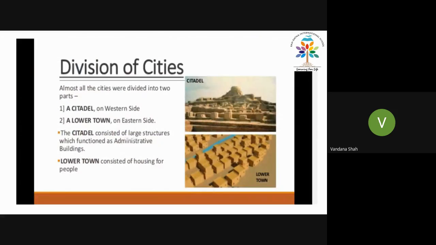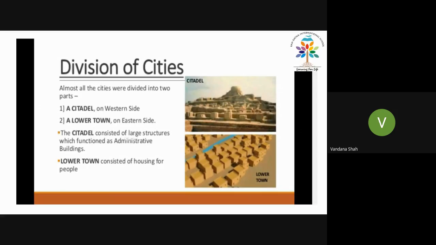If you go to Harappa, Mohenjo-daro or any other city of the Indus Valley, you will see that every city was divided into two parts: first the citadel, and second the lower town. The citadel was a little bit elevated. You can see even in the images that the citadel was an elevated formation and the lower town was not that elevated. The people who were living in the citadel, we can compare with today's, if you see